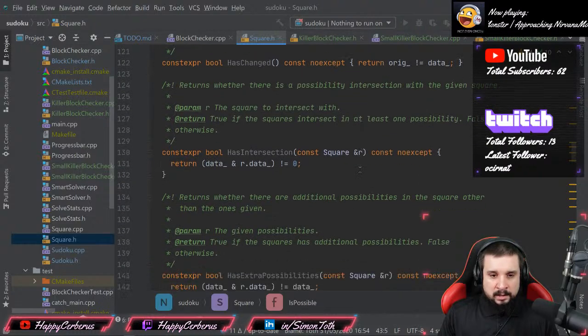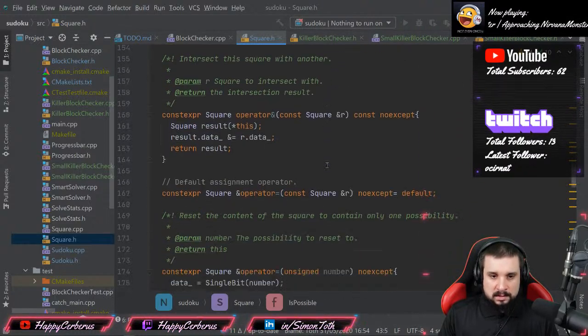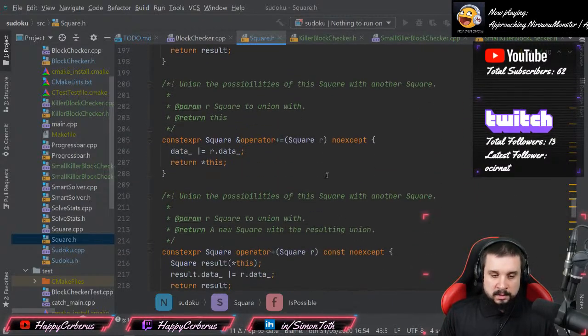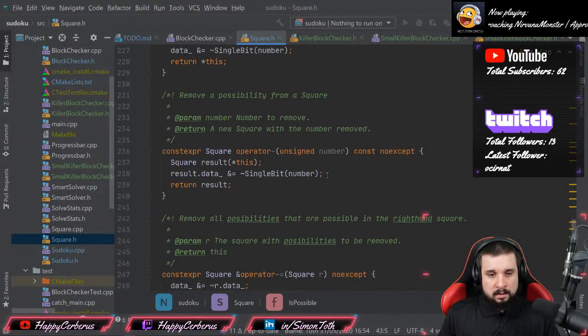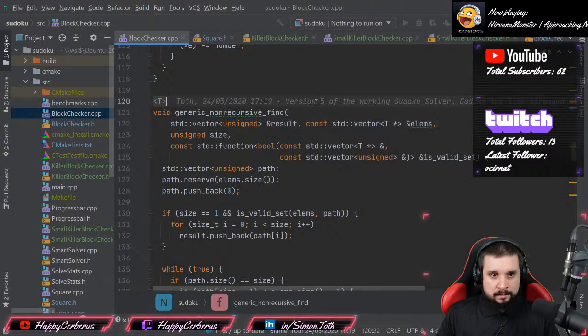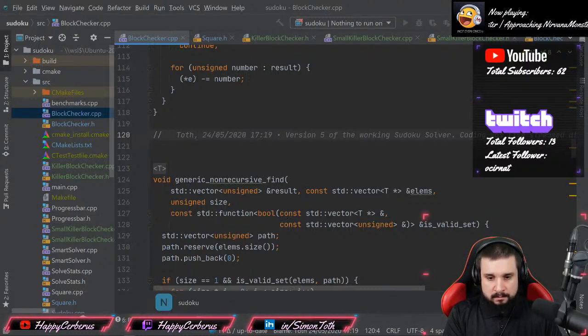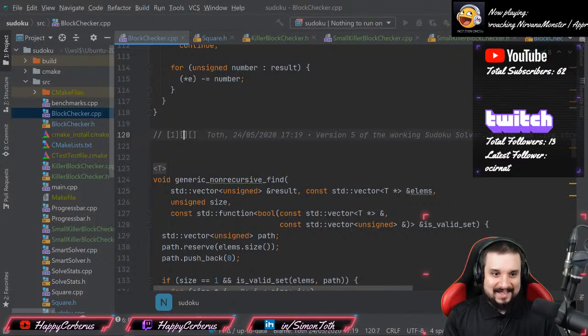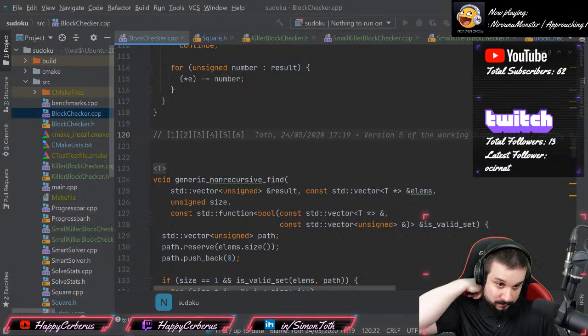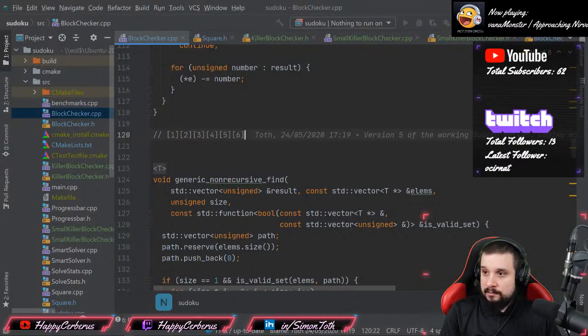So ultimately I could just generate sets using this data structure. I mean, not using this data structure, but storing the results in this data structure, because let's go back to this block checker thing, right? So let's just imagine what's happening. So let's say I put in elements, well, if you are getting lost, I can explain anything more deeply. If you are new to C++,